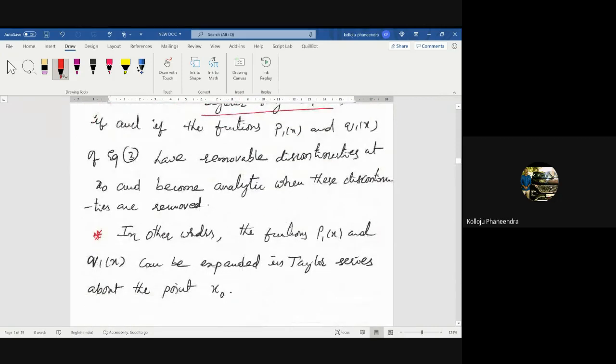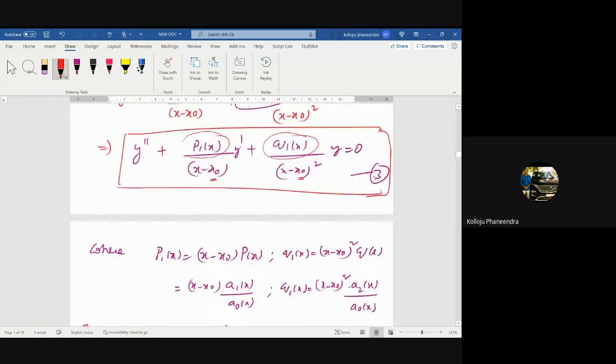What is meant by removable? Discontinuity means the function is not defined at that particular point, and removable means that the discontinuity can be removed. It is possible to remove that discontinuity. Then when I remove the discontinuity, the functions P1x and Q1x must be analytic. Analytic means it possesses derivatives. In other words, instead of writing this definition about removable discontinuity, the functions P1x and Q1x both can be expressed in Taylor series expansion